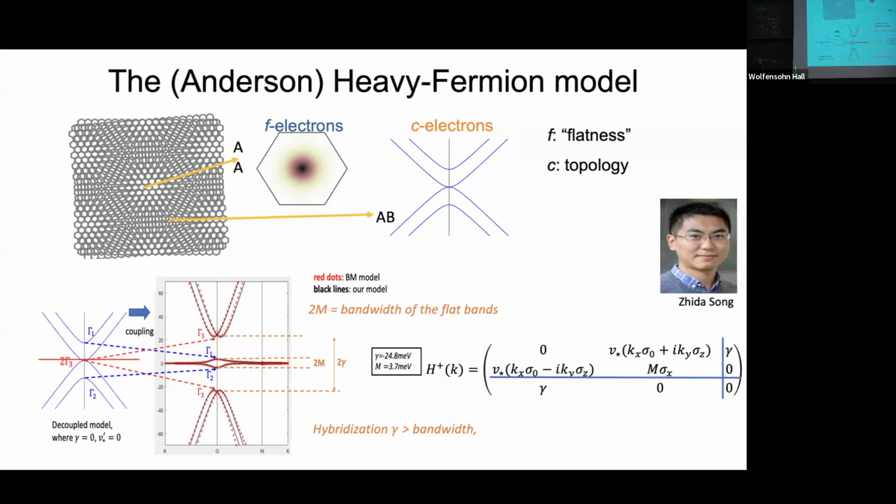This is gamma 1, gamma 2 representations. I have here two gamma 3s, one from the PX, PY and one from the double vortex. This is gamma 1, gamma 2. This is just the bandwidth of the Bistritzer-MacDonald. So then you can tell me, well, this looks nothing like the Bistritzer-MacDonald